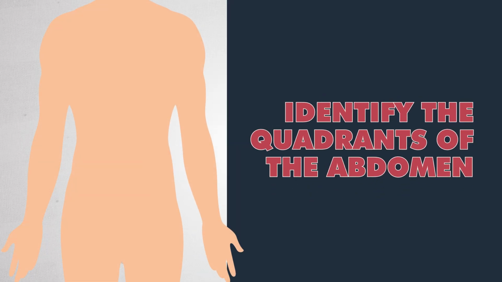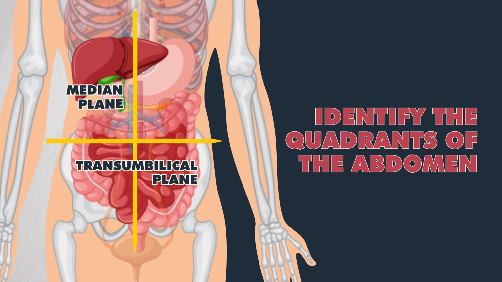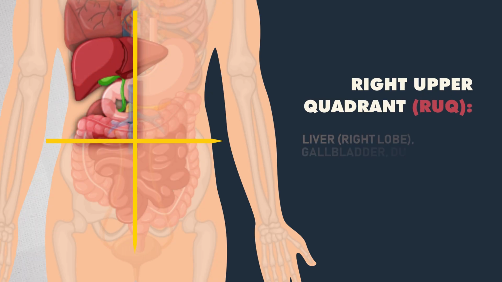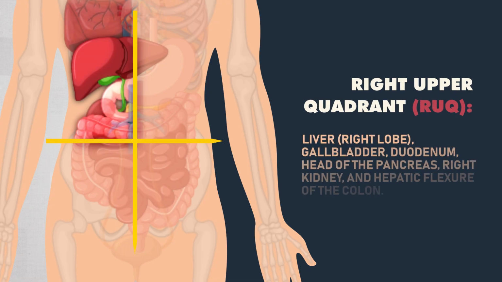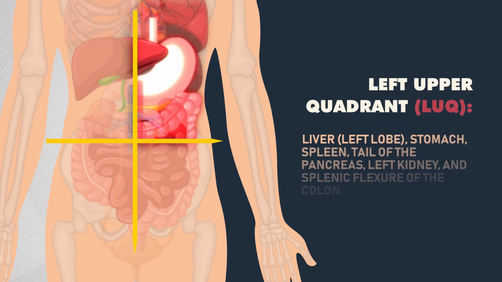First, identify the quadrants of the abdomen by intersecting the transumbilical plane and the median plane. Each area contains different organs. Knowing them helps pinpoint your findings. First, the right upper quadrant: the liver, gallbladder, duodenum, head of the pancreas, right kidney, and hepatic flexure of the colon. Left upper quadrant, which is the liver, stomach, spleen, tail of the pancreas, left kidney, and splenic flexure of the